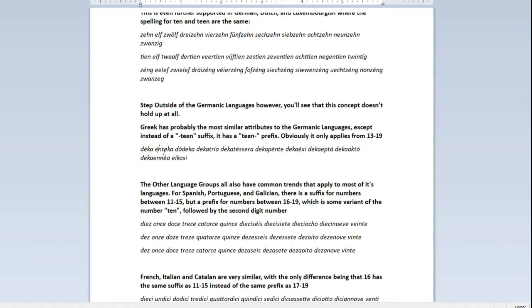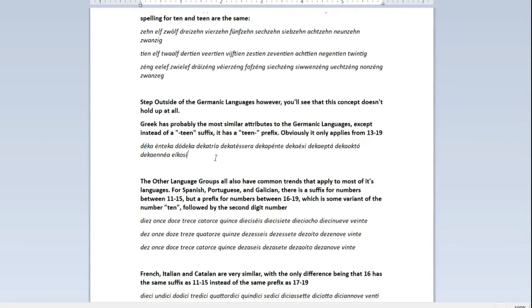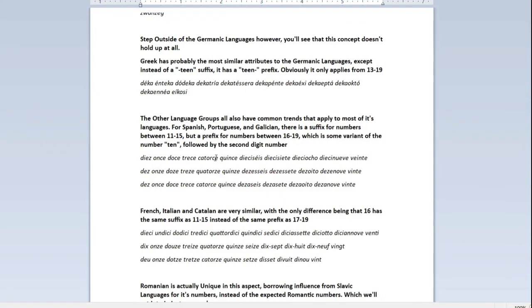And I do understand that there's the accent here, which might change the way that you pronounce it, but for all intents and purposes, it's the same, really. It's with some accents, you can probably even pronounce it the same, who knows. But yeah, other than that, that's pretty much it in terms of any languages in Europe understanding the teen concept, right? Moving on to